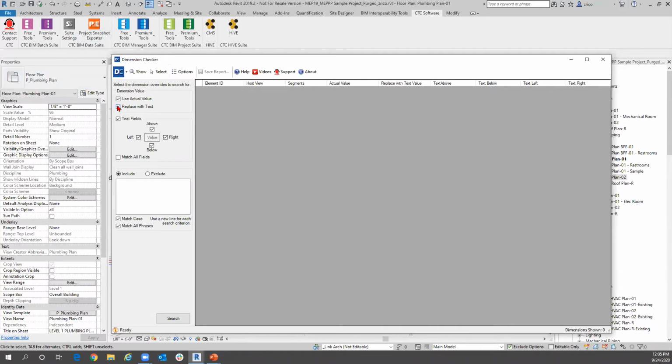I always, as well, highlight this, replace with text, because this will also find out if there's anything else that's been changed or messed with, or text has been added to, so I can at least highlight it and know, okay, for this set, this is what it's going to be, even though it says this, and get that information. Then with the text fields itself, I can select which views they want, and I can match the